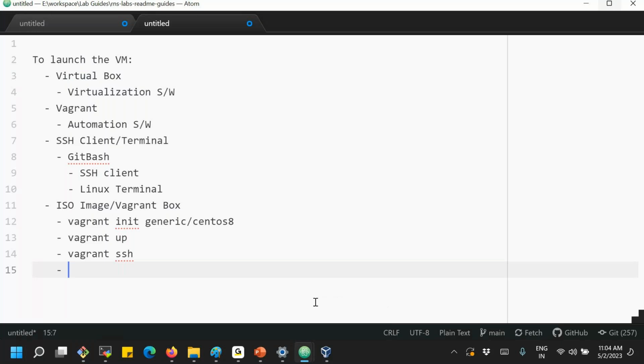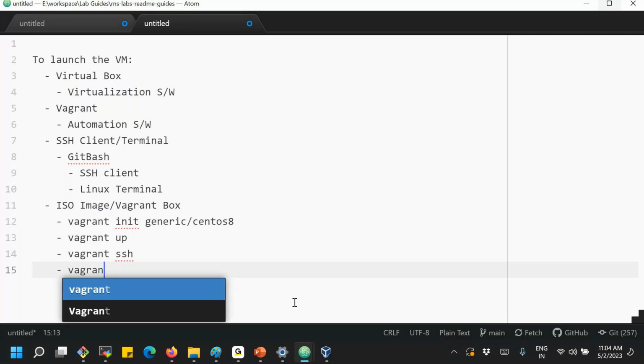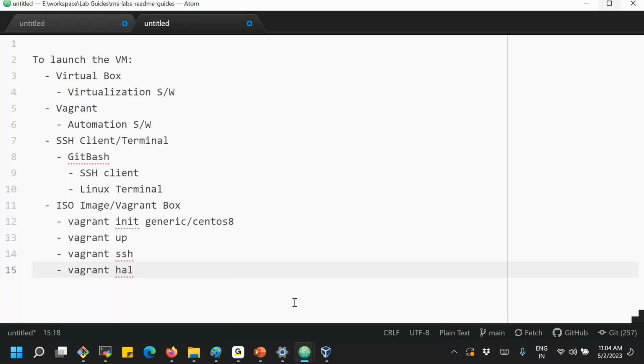So one more command, Vagrant halt. This is to stop the virtual machine. Easy, right? Launching the virtual machine and managing it with the Vagrant software. Not more is required beyond these concepts on the virtual machine side.